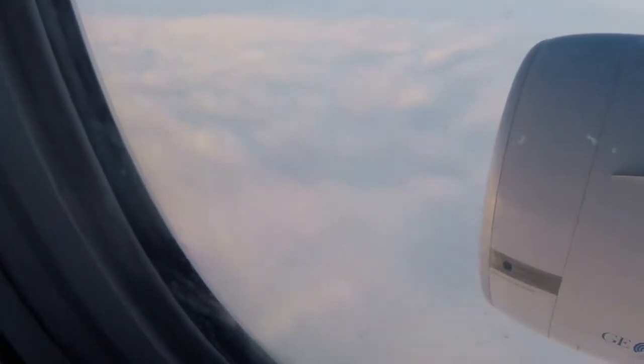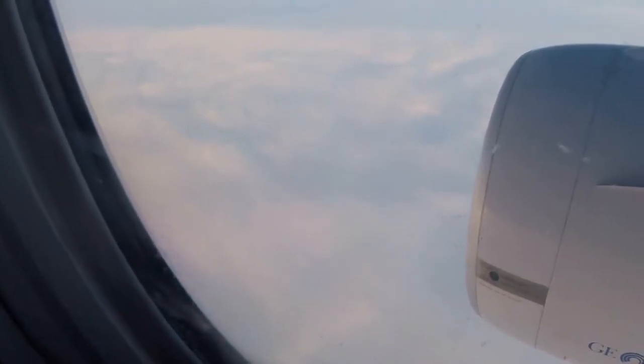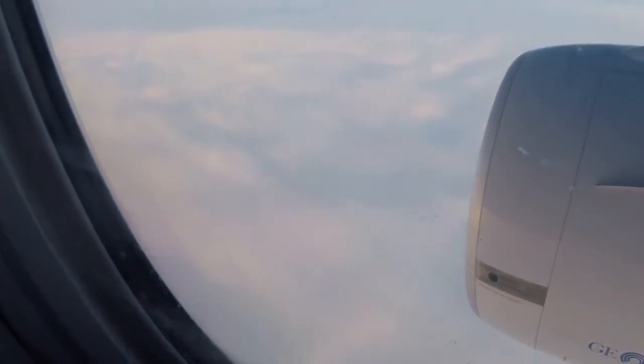I mean, I don't quite understand it. It looks like low clouds down there. I don't think that is snow we're looking at. I believe those are clouds, although you can see another small piece of land down there. I'll toggle back to my map here. Okay, yes, we